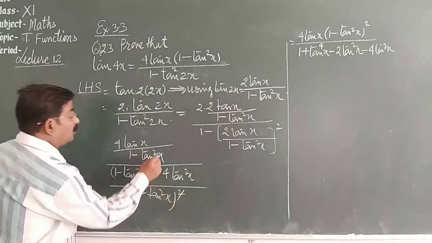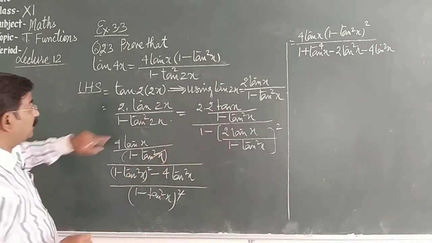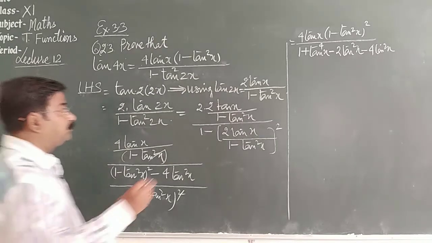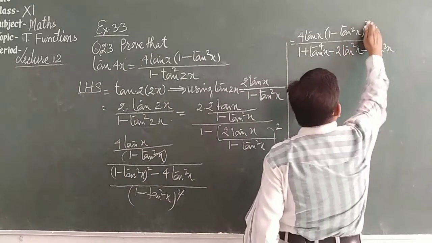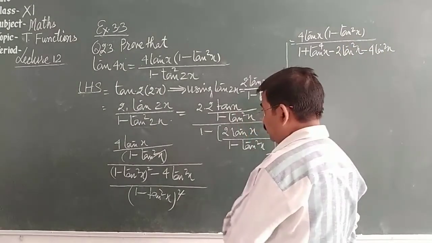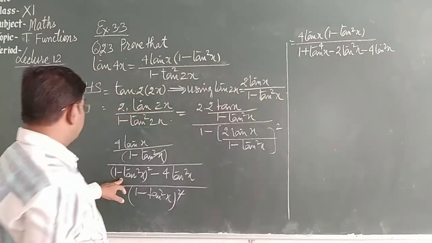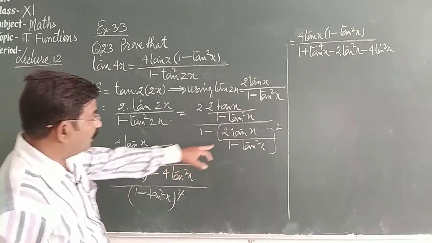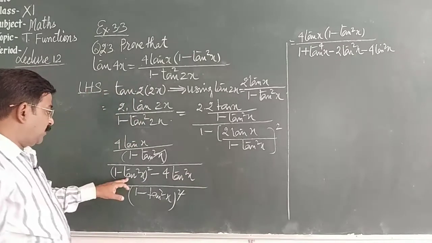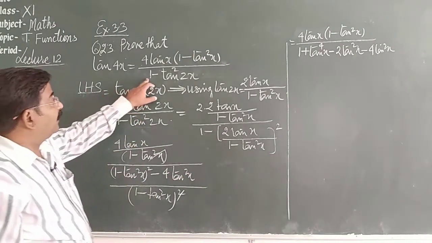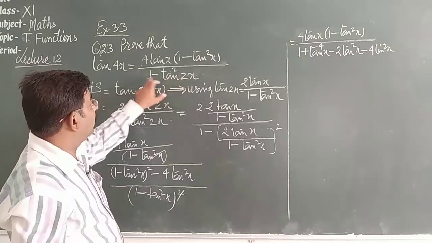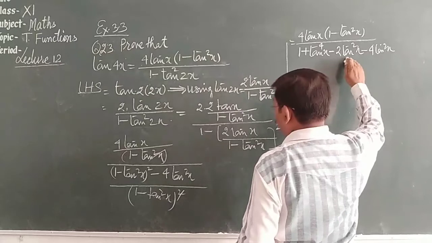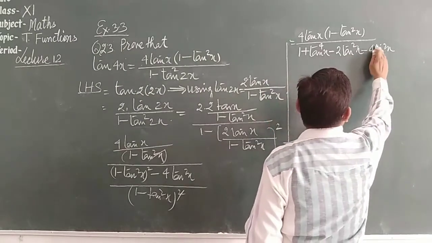So one of the whole square will be cancelled with this, and this will come in numerator. So what we have left? This much. And here break this, 1 plus tan to the power 4. Here it was whole square. So 1 plus tan to the power 4. Finally break this. We have the formula 1 minus tan 2x. So we have minus 2 tan square x. This much.